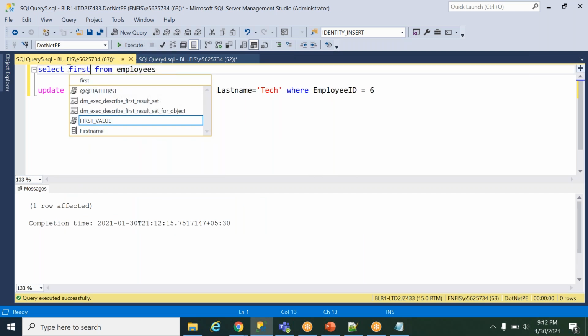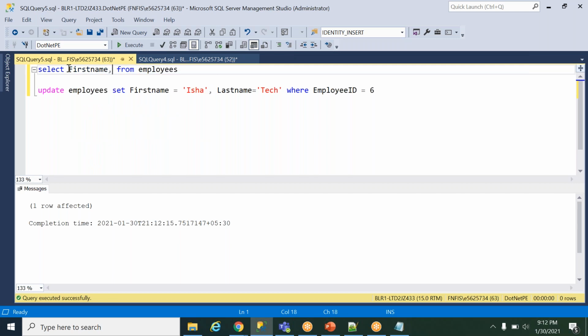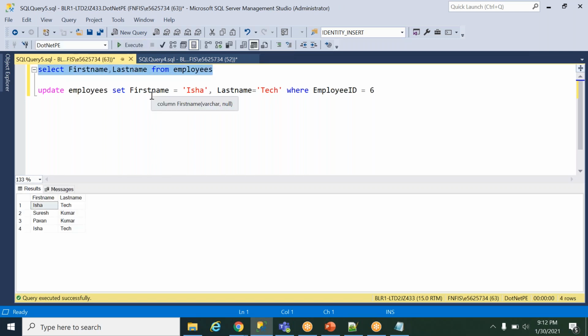Select first name, last name from employees. Isha Tech.